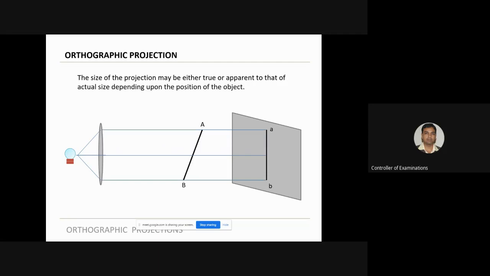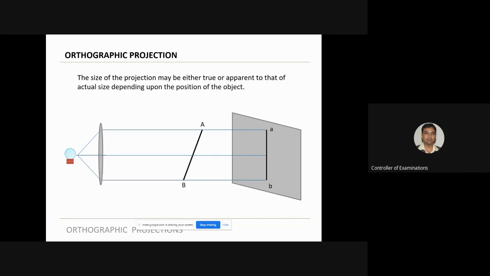Now this may happen. See, if you observe, everything remains same. But what has changed is the size of the object and the placement of the object. You can see the size of the actual object AB is slightly more and it is no more perpendicular to the rays of light. It is inclined.